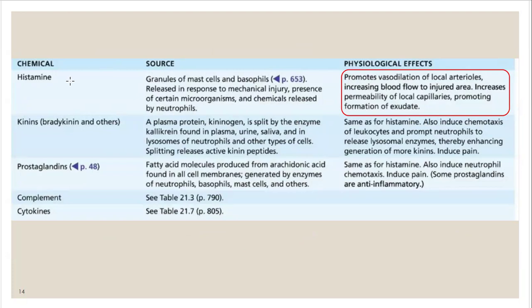So again, histamine promotes vasodilation of local arteries, and increases blood flow to the injured area, increases permeability of local capillaries, and promotes formation of exudate. So exudate is another word for pus. Okay, so when we are typing in our notes,